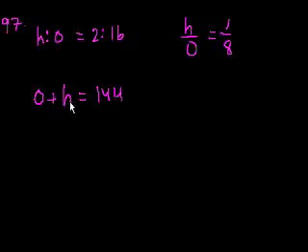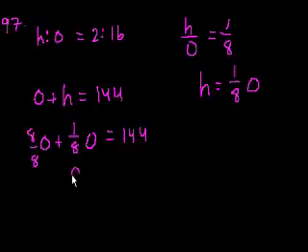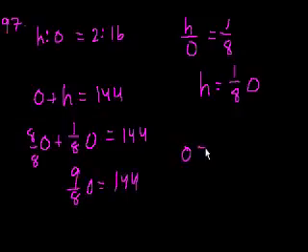So we want to substitute for hydrogen. Hydrogen is equal to 1/8 the oxygen, right? I just multiplied both sides times oxygen. So if hydrogen is equal to 1/8 oxygen, you have oxygen plus 1/8 oxygen equal to 144. Let me make sure that's right. Yeah, hydrogen to oxygen, yep. If you view 1 oxygen as 8/8, you get 9/8 oxygen is equal to 144. So oxygen is equal to 144 times